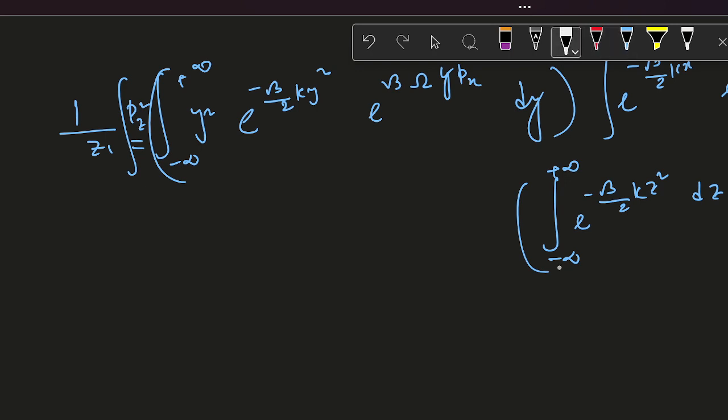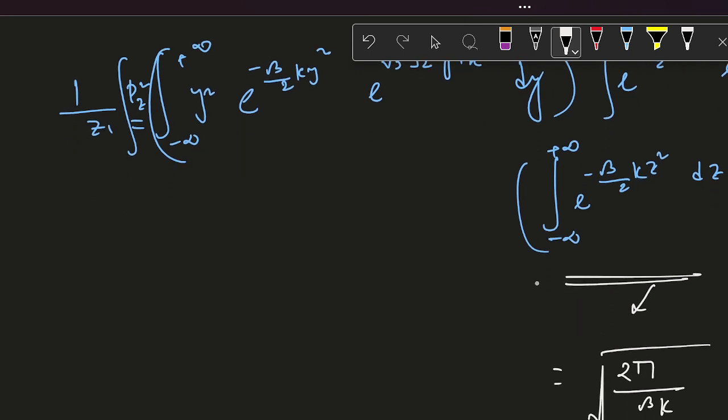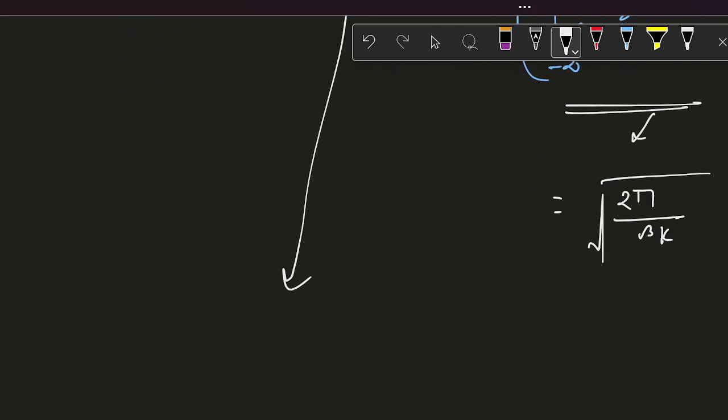First of all, this one is a simple Gaussian one. So this is nothing but root over pi divided by the constant, where the constant is beta k by 2. So this is just 2 pi by beta k. So this part is done. Now if you try to focus on the y squared part of the integral, to solve only the terms dependent on y, what you do is